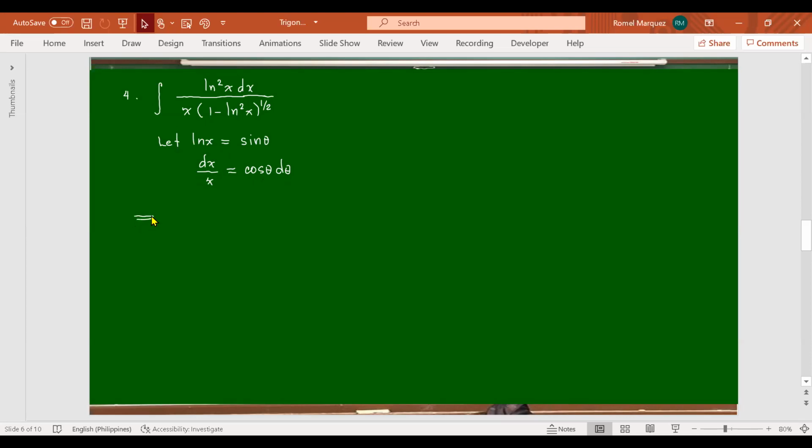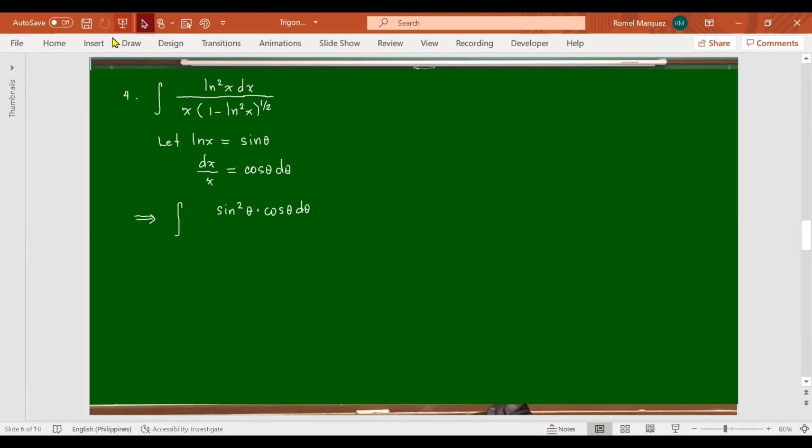So getting the integral of ln squared x, so ln squared first, that is sine squared. Okay, guys? So sine squared theta. What about dx over x? So dx over x, guys, that's cosine theta d theta, all over